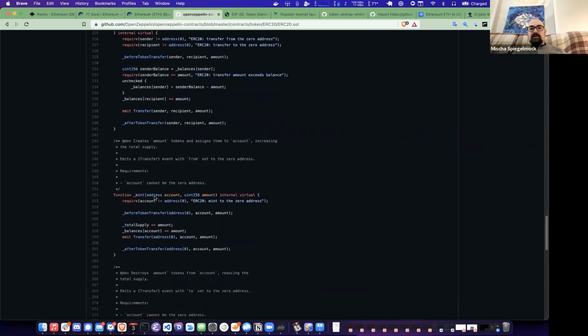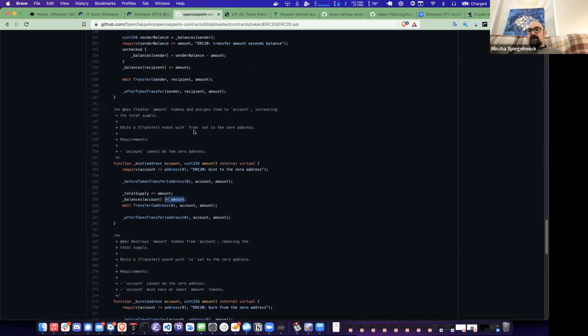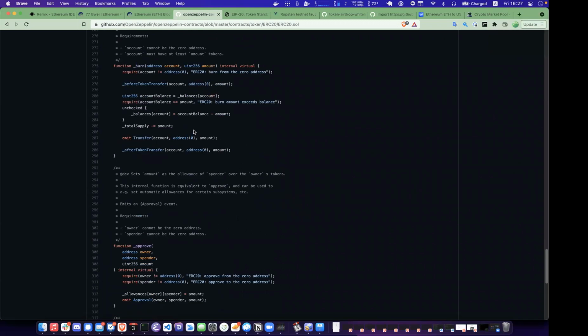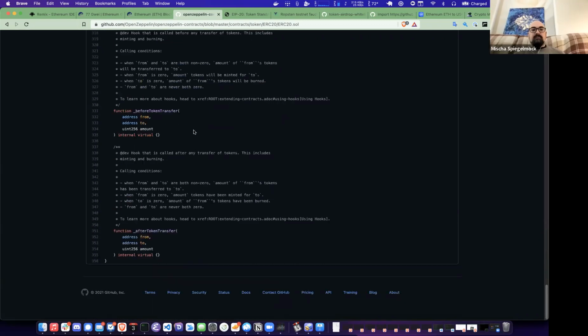And then the other thing to be aware of, I would say, is mint. Mint basically creates new tokens from nowhere. So it increases the total supply and you mint for some address, so you give them the amount you just added. That's it. Using these two things, you can keep track of how many tokens are in existence and how many tokens each person has. The rest is just details that aren't really necessary to understand or use.